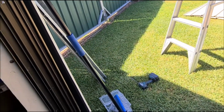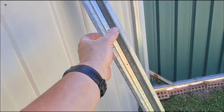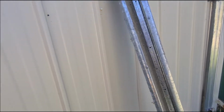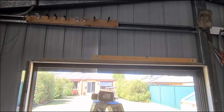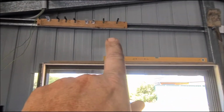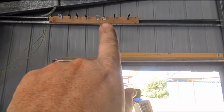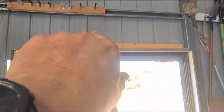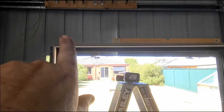a shed, everyone. I've got a spare hat that I can use if I need to up the top, which I might use, and join them together and then run it across the top and drill it in, and that'll hold the roof section in position as well. So all good. As I'm still working on this, I've actually put a beam up the top, and I'm going to connect to the wood up there that's already there, and I'll put another piece up the top and screw it in, and that will box that in, and they're about